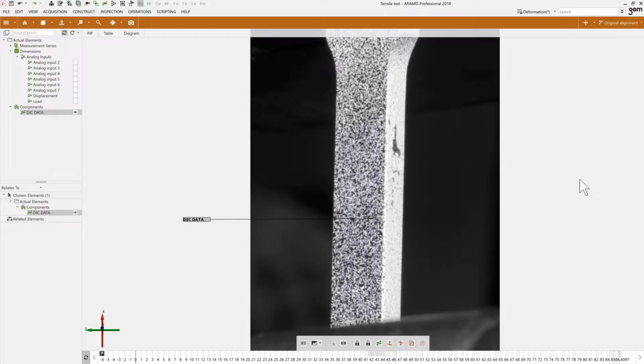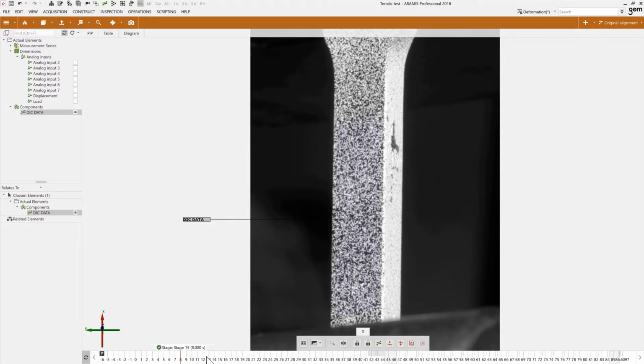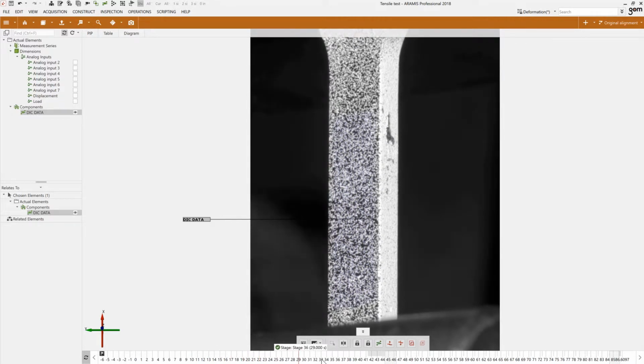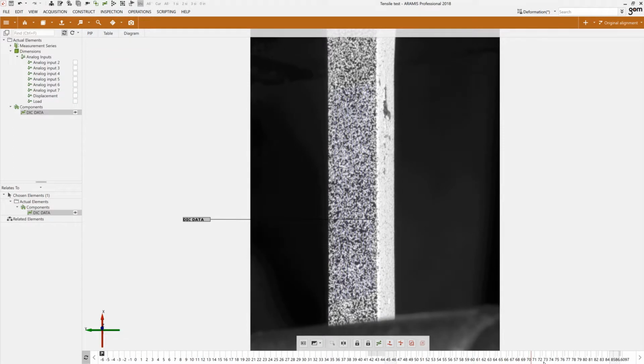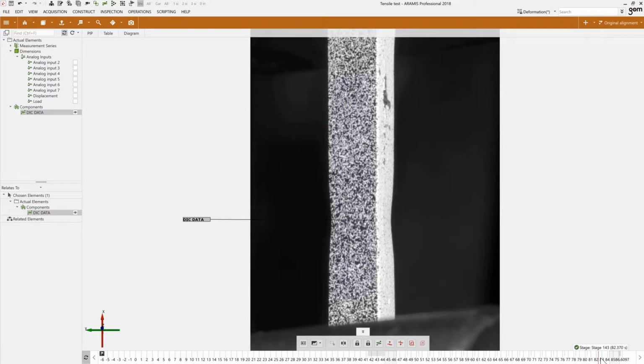Thank you, Jonathan. All right, since we're talking about automations of materials, let's go ahead and look at this ARAMIS project where we have a plastic specimen being loaded in tension until failure. If I look at the timeline in the bottom here, you can see going from the very beginning of the test into the elastic and then following into the plastic region of this test all the way to necking and